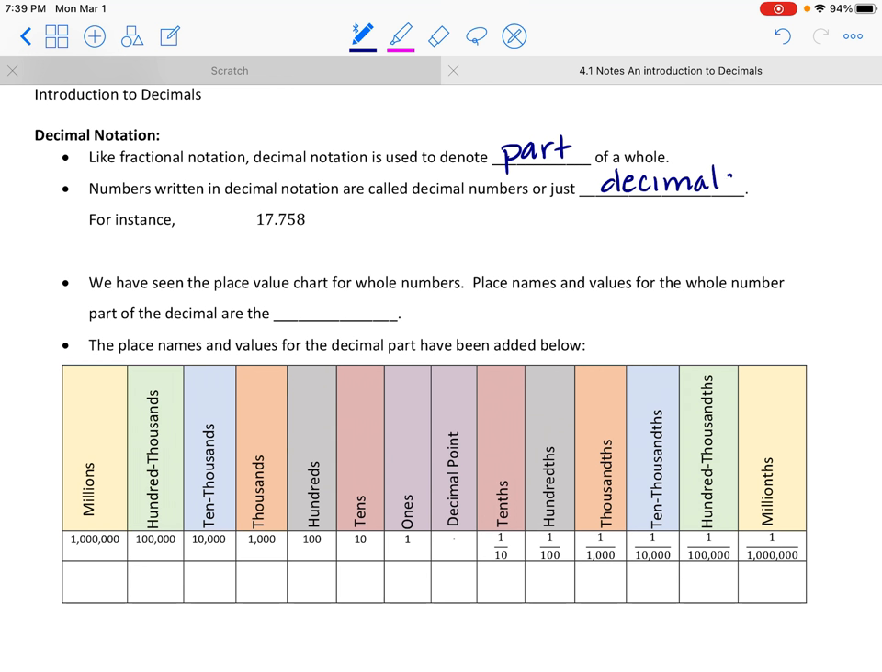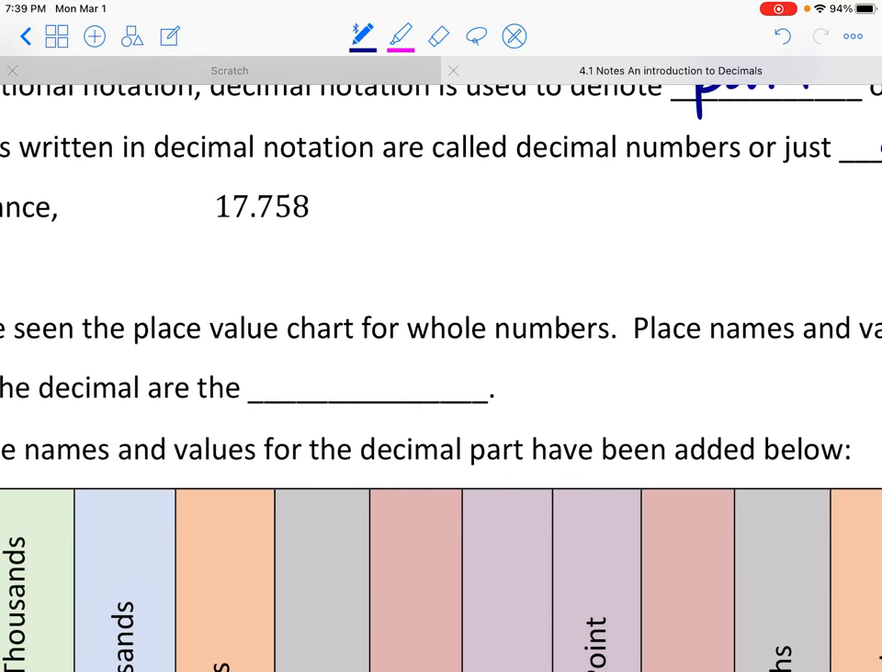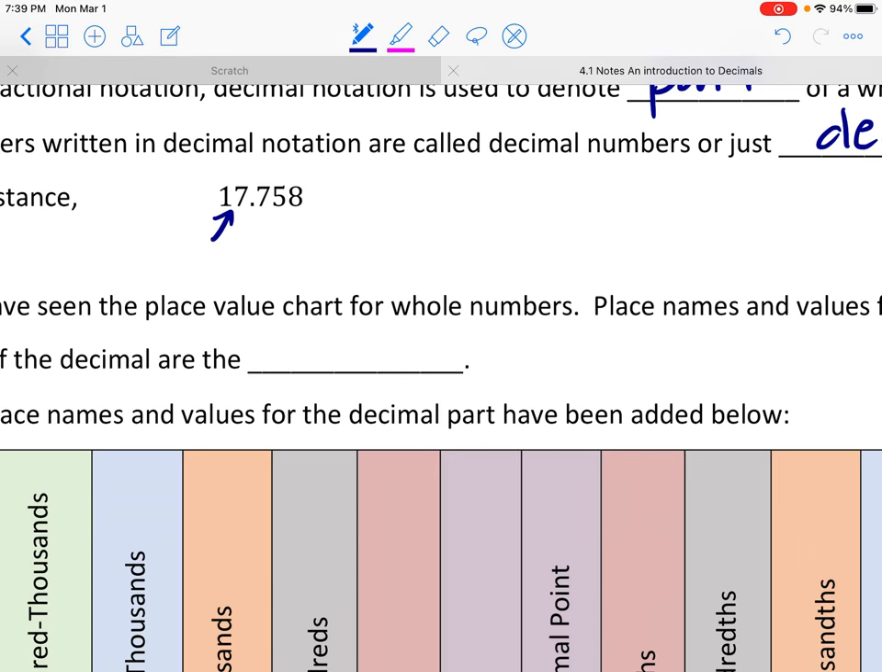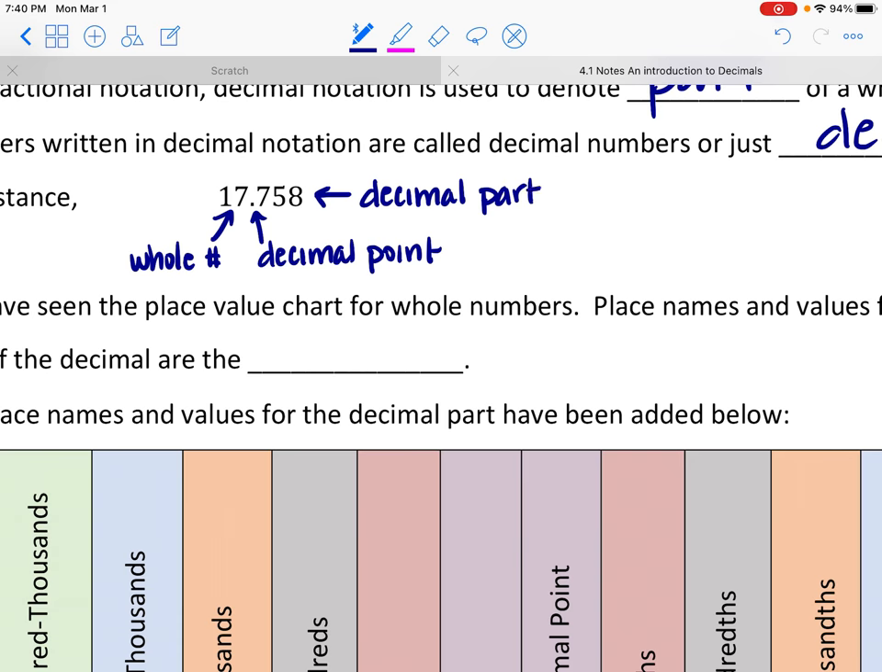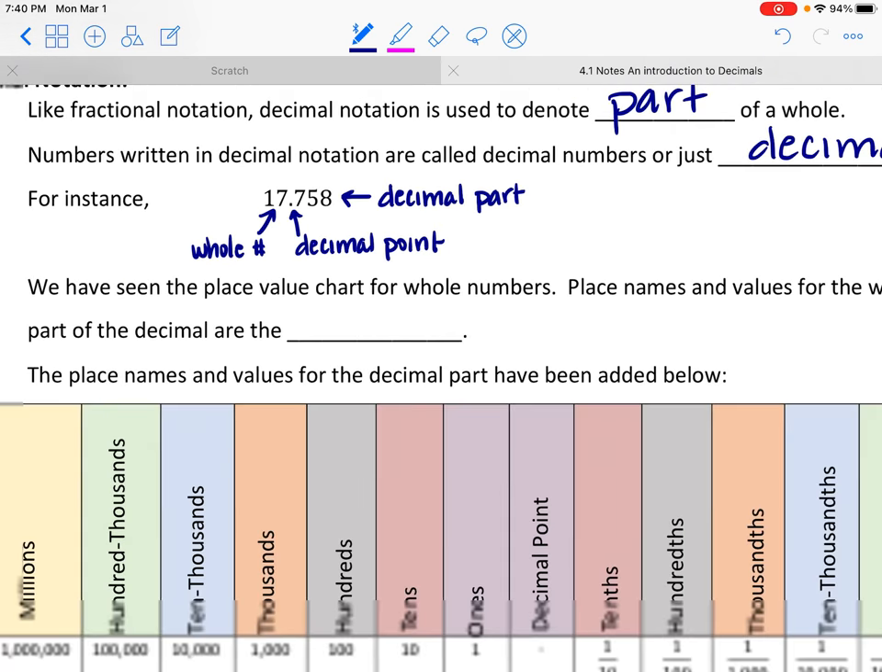So for instance, 17.758 here is an example of a decimal. And this is the whole number part of the decimal. That symbol right there is called the decimal point. And then the 758 on the other side of the decimal is the decimal part of the number. That is like having the fractional part of the number. Okay, so you have the whole number part, you've got the decimal point, and then you have the decimal part